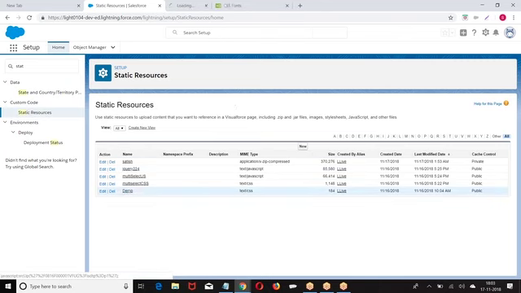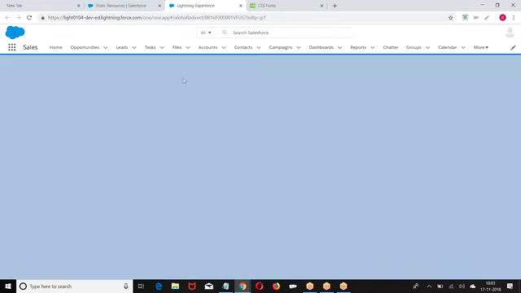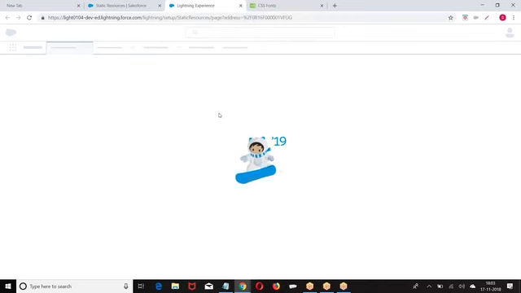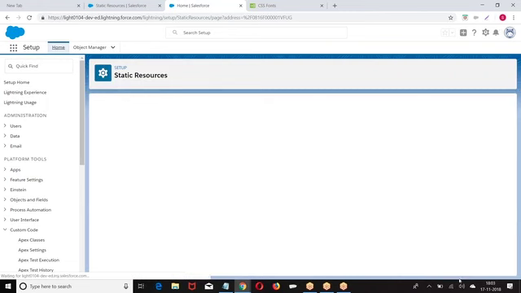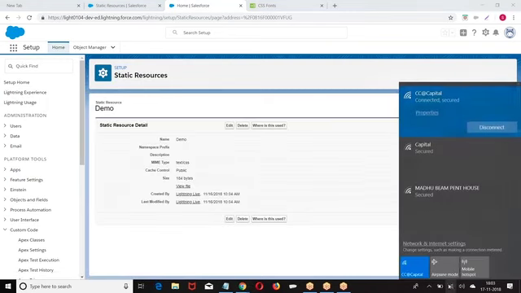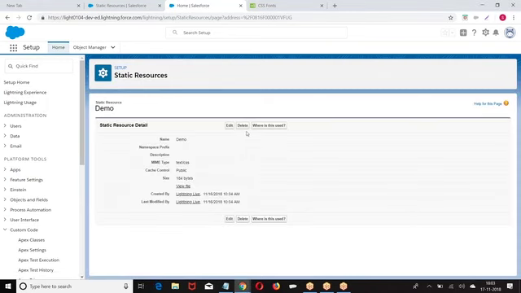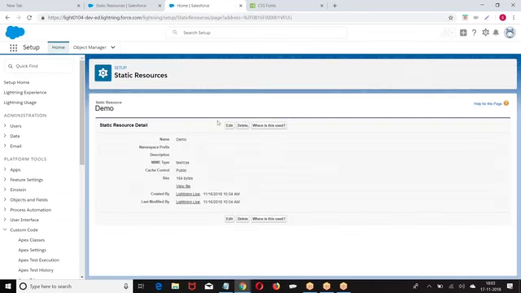Now I gave some files also here. Look at this, it is one of my existing CSS files outside. Okay, let me create. I just go to Classic.